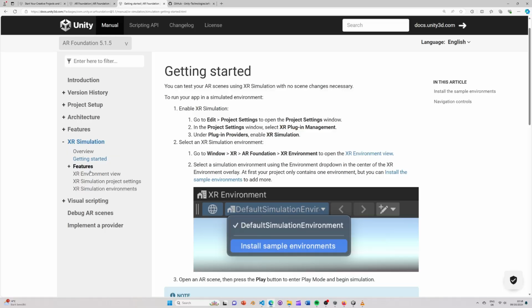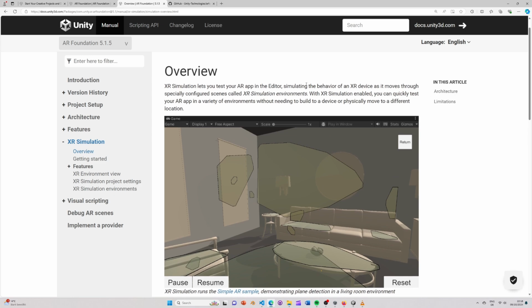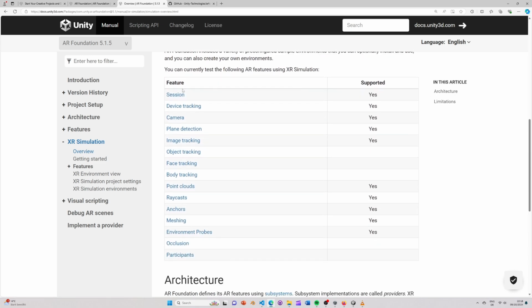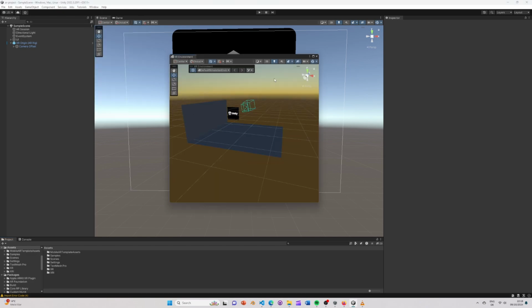With the AR mobile template, we can use the XR simulator to run, develop, and test the application without needing a phone. You can find more information and the capabilities of XR Simulator on the Unity's documentation website. You can open the XR environment window by clicking on the menu Window, then XR, then AR Foundation, then on